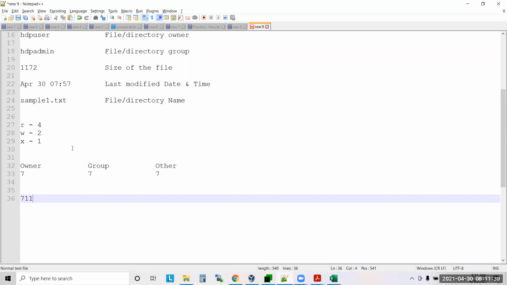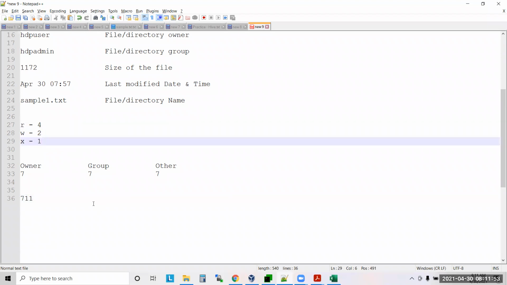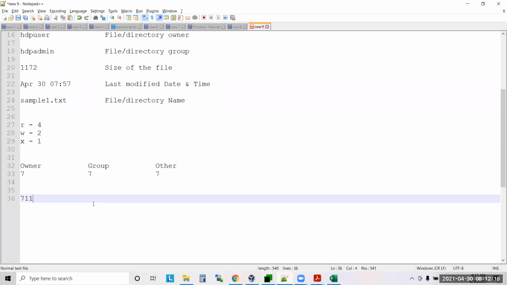Can you tell me the permissions also? 7 means read, write, execute: 4 plus 2 plus 1 equals 7. But the group will have only execute permission, only one. I have given 711. So the group will have only execute permission, and others also will have only execute permission. Okay, so can it be like this?